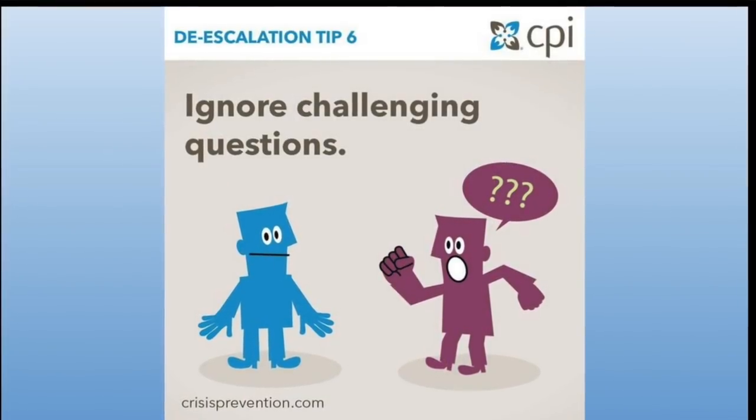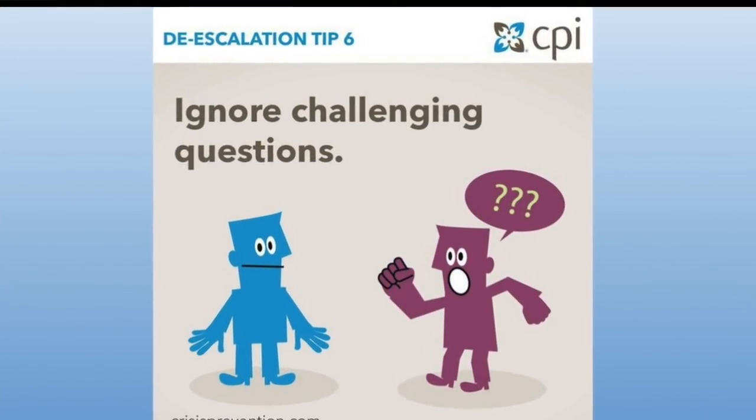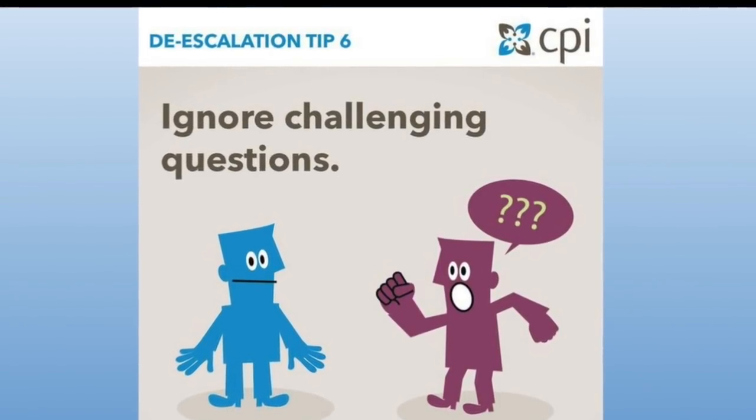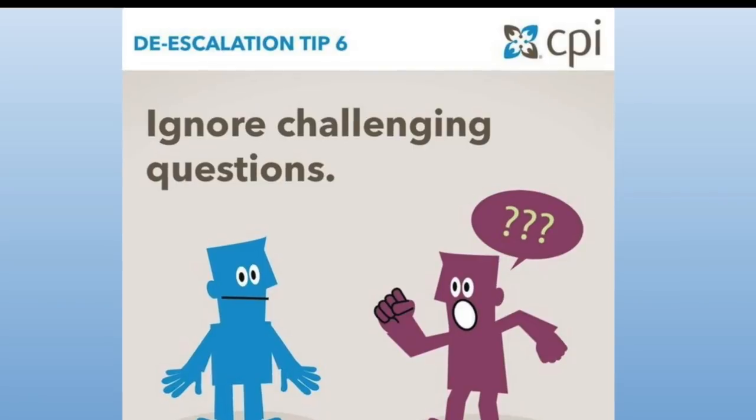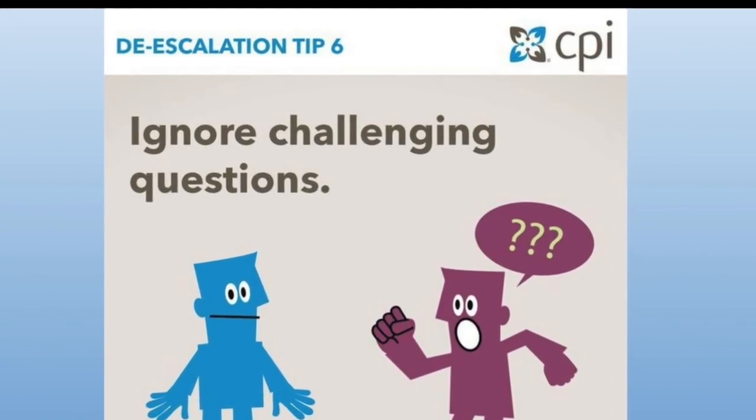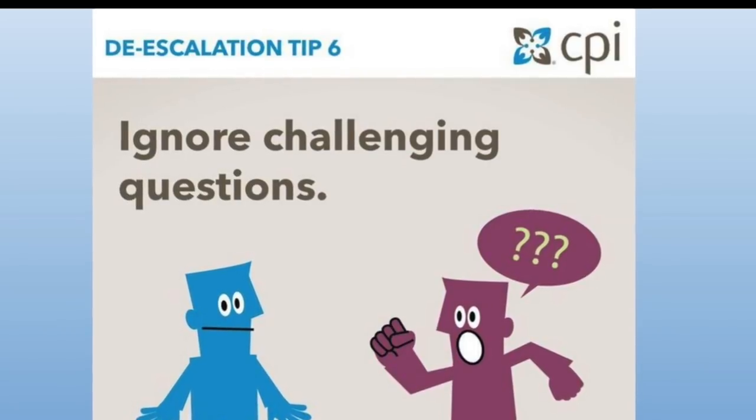Great point. Tip number 6 is ignoring challenging questions. I'm sure that we can all think of at least 1 or 2 examples of a challenging question that we have received, maybe even already today. But what we're thinking about here, especially if we're just focusing on de-escalation and that integrative experience, is we don't want to engage in a power struggle. That is going to keep the escalation going. We're giving and taking with that control, and in some cases the student might feel totally in control because the power struggle is what they wanted. So it can be really hard sometimes, but ignoring those challenging questions.